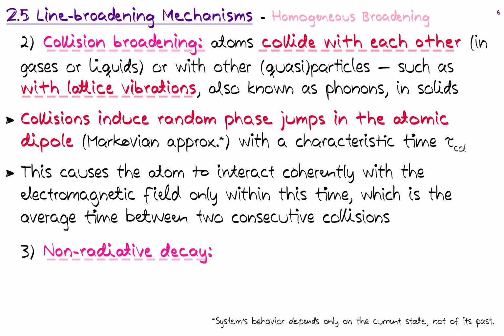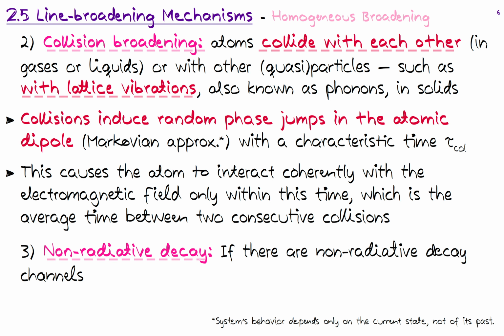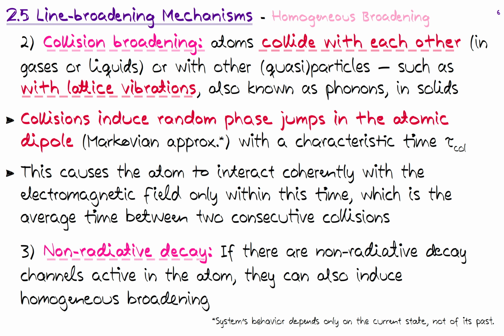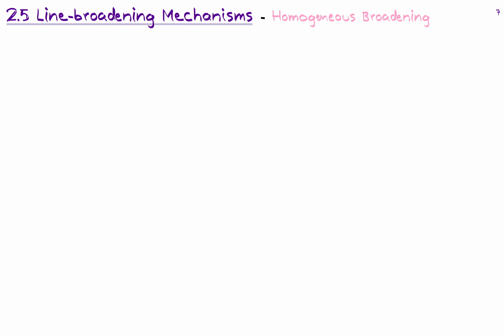And then we have a third process giving rise to broadening of our line width, and that would be the non-radiative decay. So there are also sometimes non-radiative decay channels that affect the atom, and they can also induce a homogeneous broadening mechanism. And then the characteristic time would be labeled as NR, non-radiative, and that's the final broadening mechanism